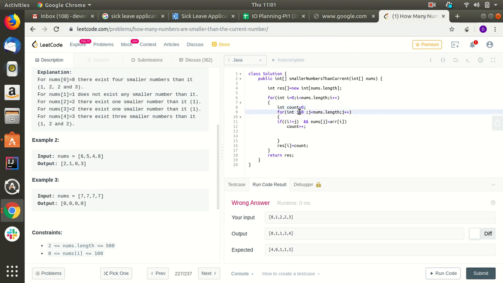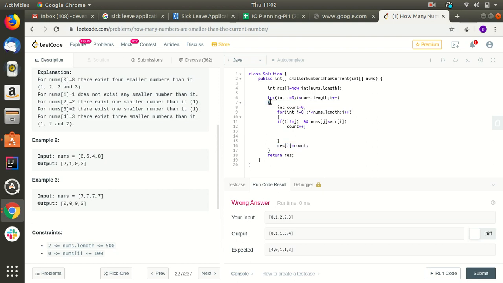Then I am iterating j from 0 to nums.length, and if these indexes are not the same, then only we are checking, because the number will be the same. So i not equal to j and nums[j] less than nums[i]. Then we will be counting instances, count plus plus, and then we are storing the result.